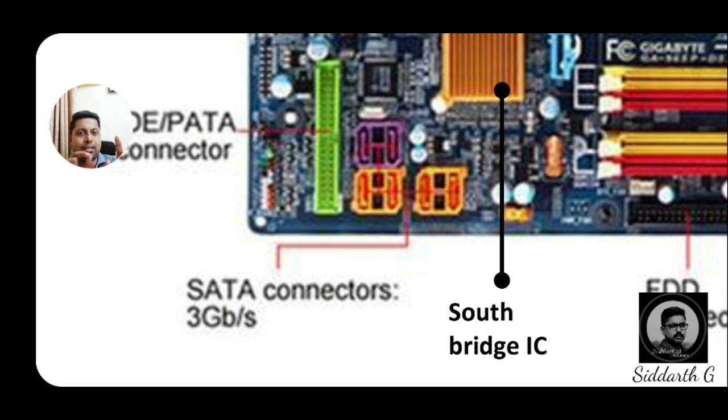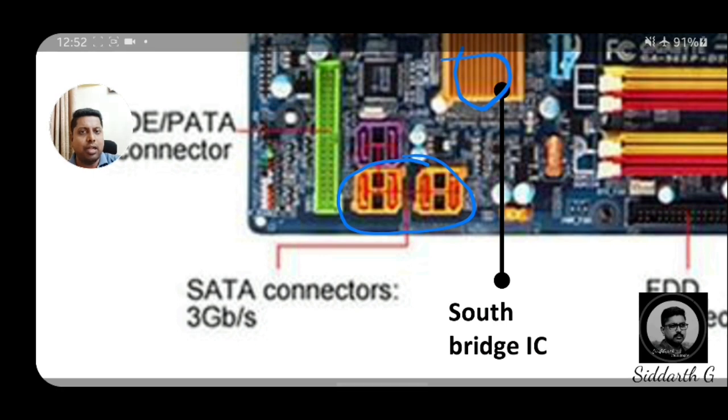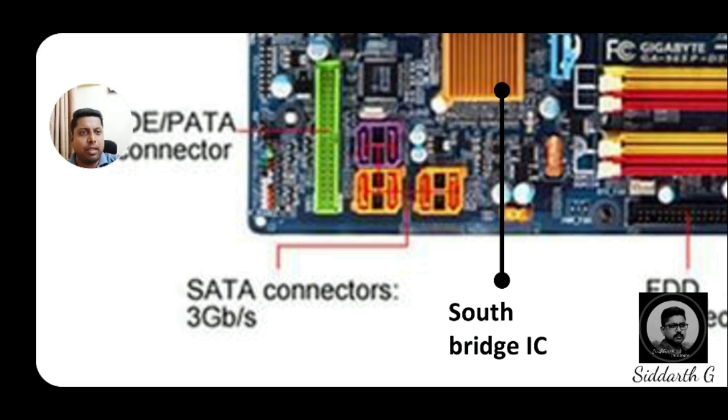So this is a particular connector. There we connect the hard disk to the motherboard with the help of that pink color SATA cable, then to the SATA connector. And the maximum speed supported per second is 3 GB. Then after this, if you are closely observing, one box-like structure is what we call the South Bridge. So, South Bridge.